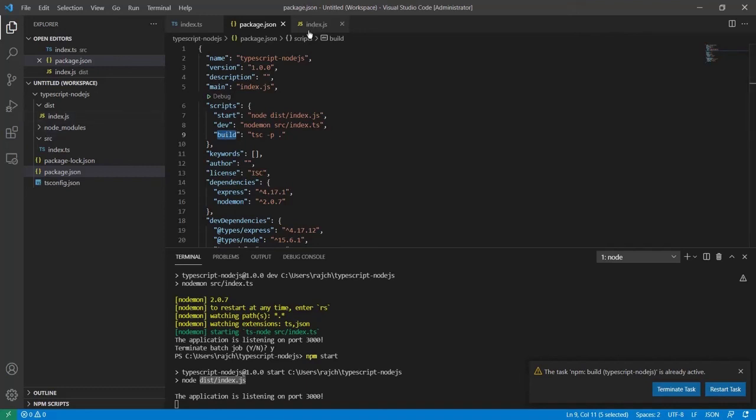And we have all the TypeScript configuration here in the tsconfig.json file.